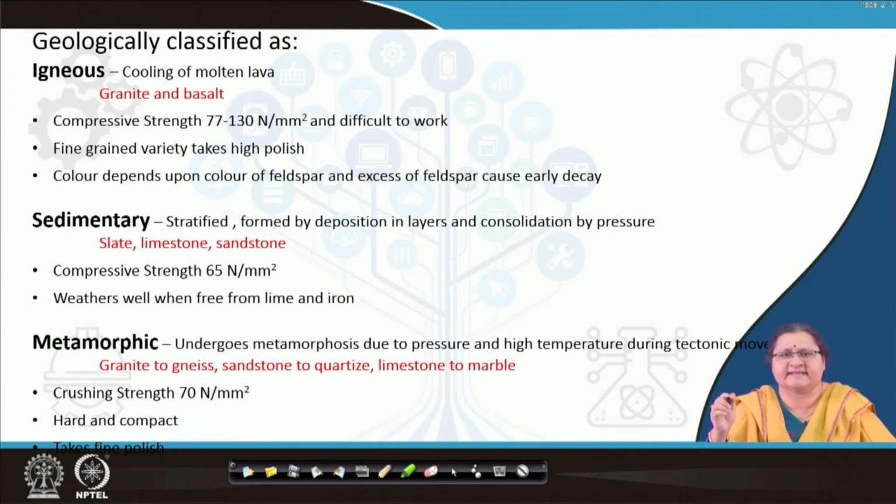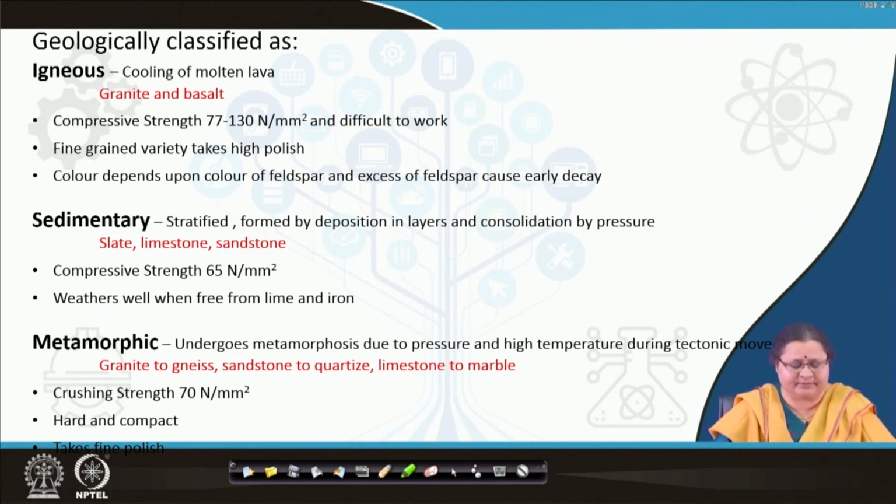They are the slates, the limestones, the sandstones, and you see they have a little lesser compressive strength. They are the starters, 65 Newton per millimeter square, when they are standing the weather better